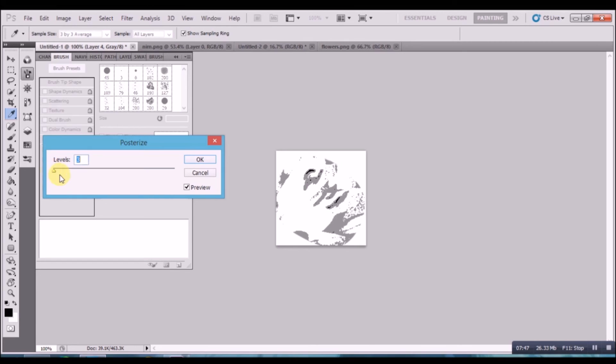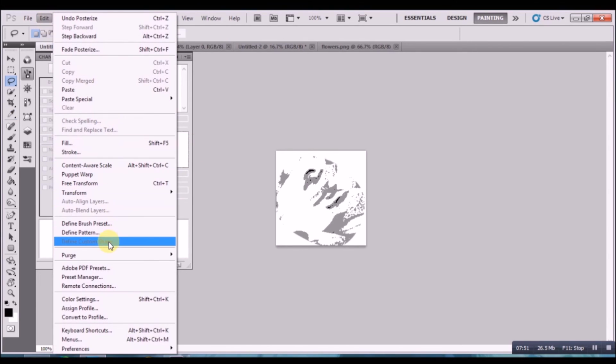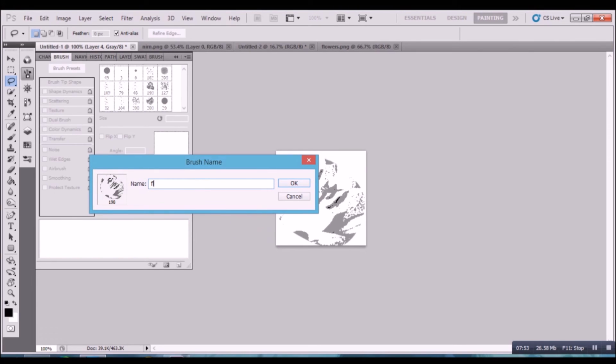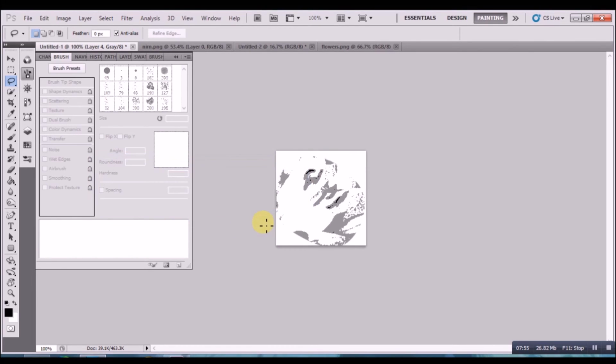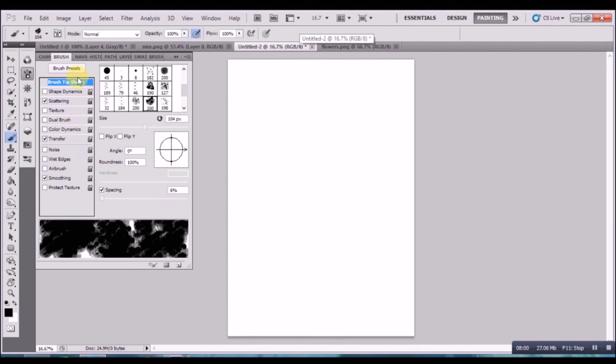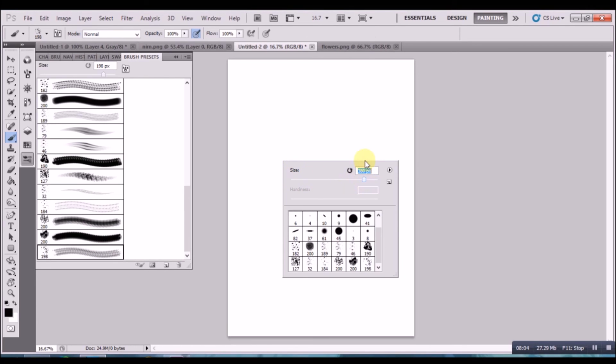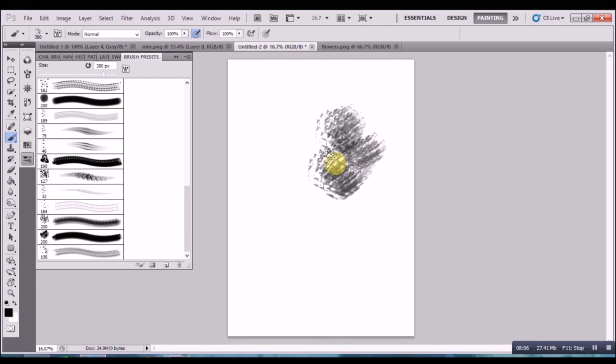Edit, brush preset, flowers, and then go to town. So that's a bit of a fluffier one there, for flowers, bushes, anything really.